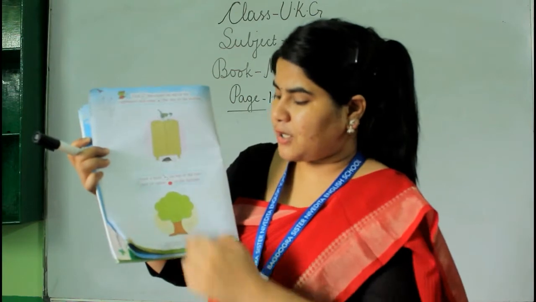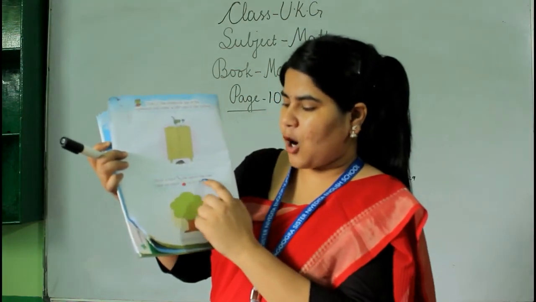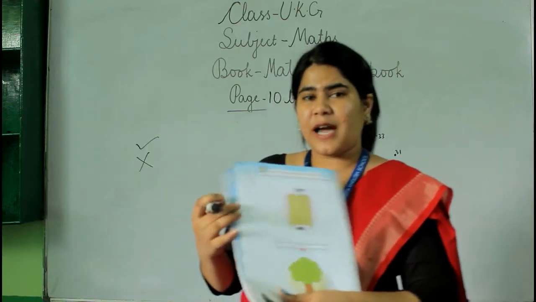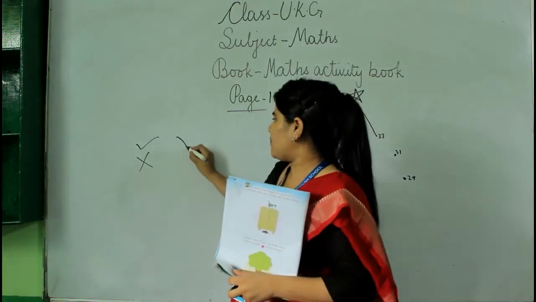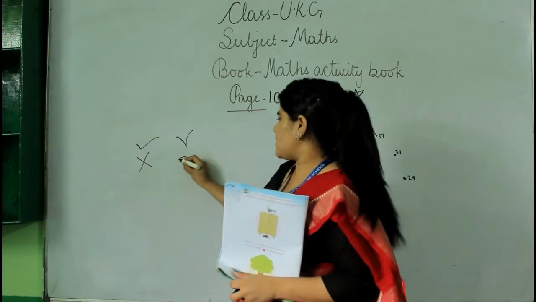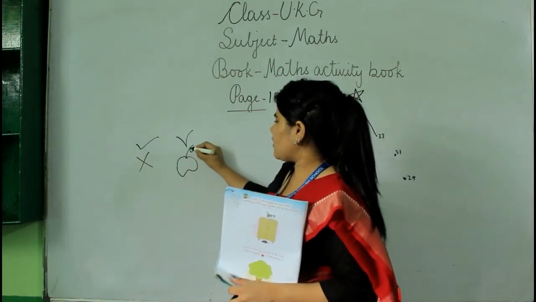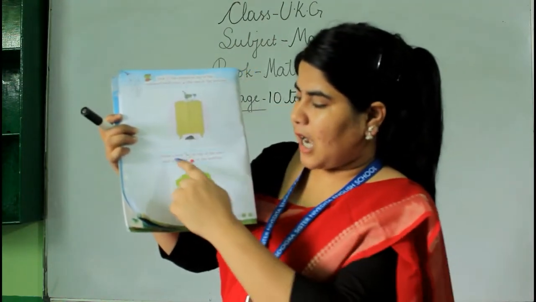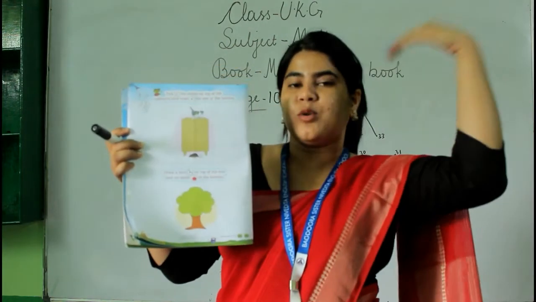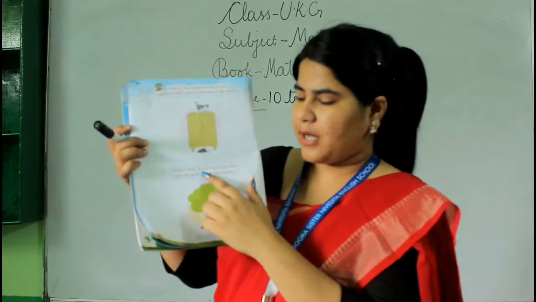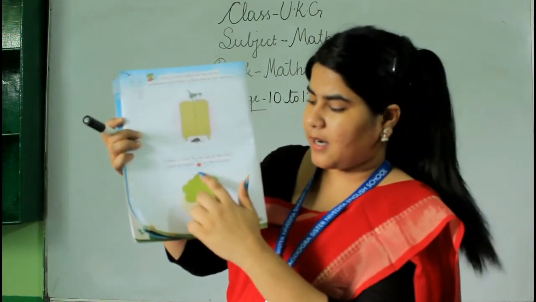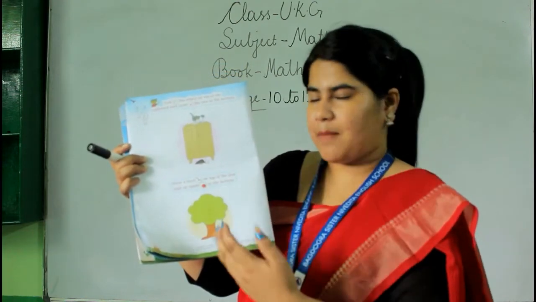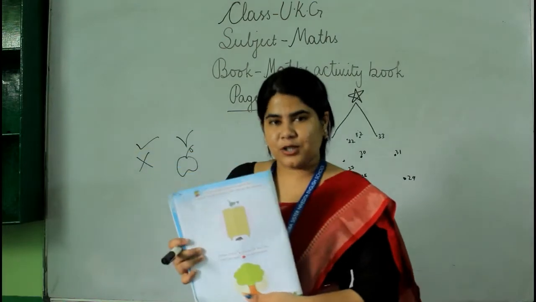So the second question, draw a bird on the top of the tree and an apple at the bottom. What you have to do, you have to draw a bird in this way and an apple in this way. Now where you have to draw this, I'm going to tell you. Okay, there is an image of a tree. Now draw a bird on the top. ऊपर में bird draw करना है. Okay, you have to draw a bird on the top here, and at the bottom नीचे what you have to draw, an apple. Okay, in this way you will do this.